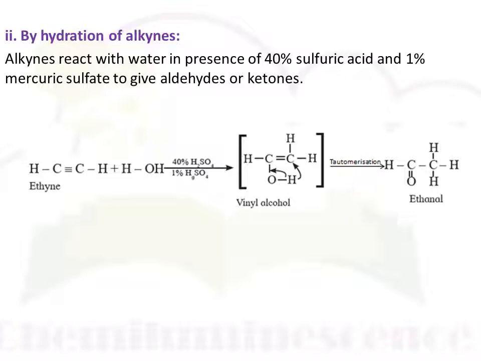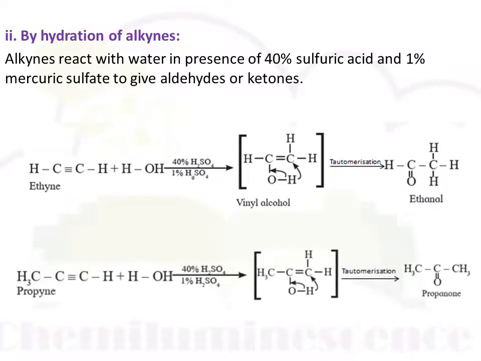Let's see what is tautomerization. Tautomerism or tautomerization is a reaction which involves transfer of a proton in an intramolecular fashion. That is, this hydrogen, proton means hydrogen, is transferring from this oxygen to a carbon by breaking the oxygen-hydrogen bond and forming a new carbon-hydrogen bond. And here also a new bond is formed between carbon and oxygen. You can see here is a single bond, here are double bonds, and the carbon-carbon double bond is breaking and forming a carbon-carbon single bond. So by tautomerization we will get the product.